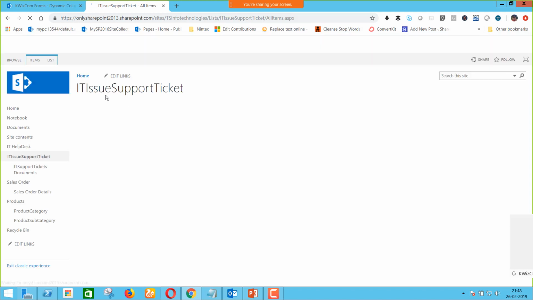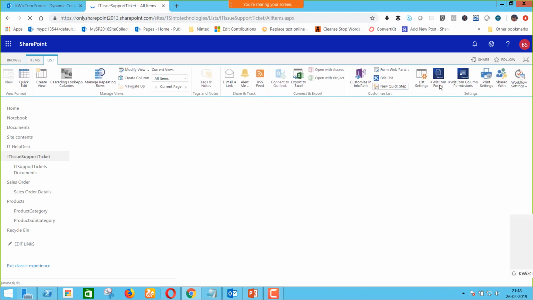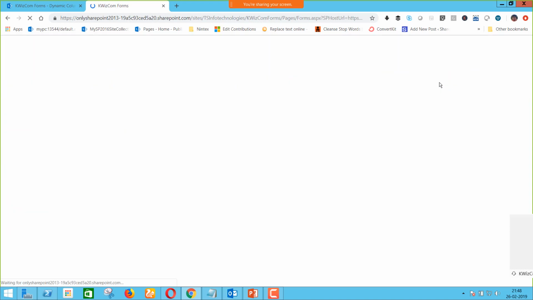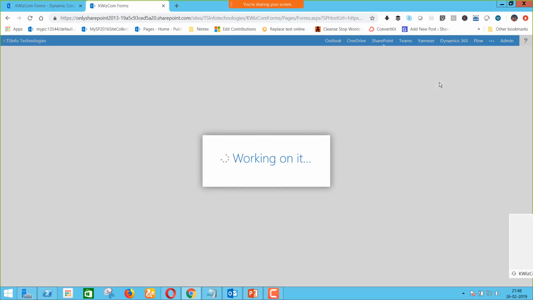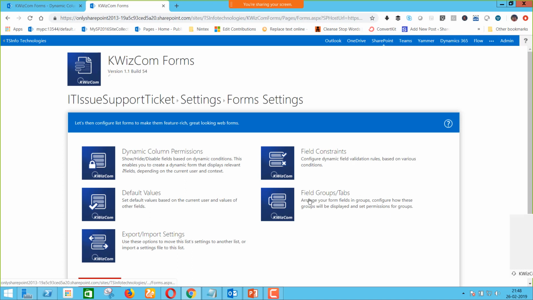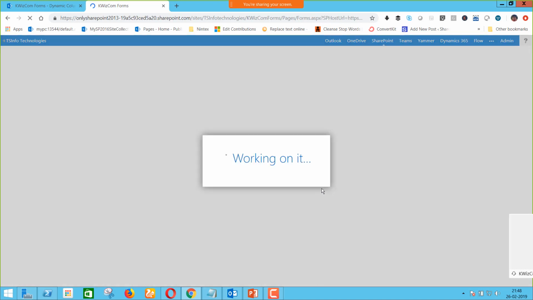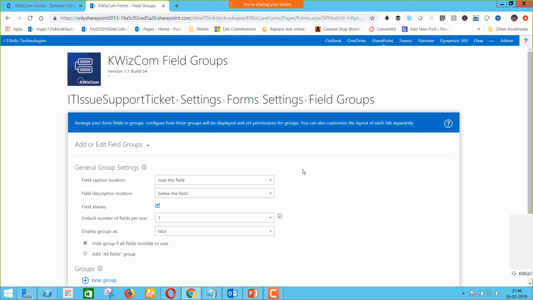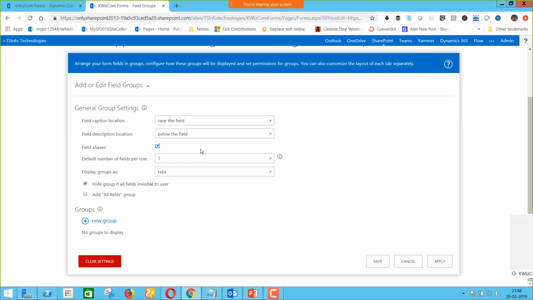So I will go to the list tab, then QuickCom forms. Then go to fields and groups. This is the app which will allow you to do a group or a tab functionality. So click on that. Now here we can use this option to create a group or tab format. If you see here, we can add this near the field, and it will come near to that field. So what I'll do is I'll create a new group,